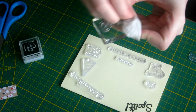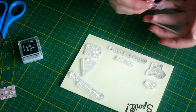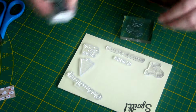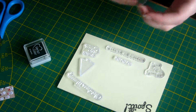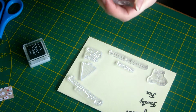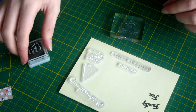And after every time again, just clean off the stamp, especially with black, and I've noticed reds stain stamps really easily, so just be sure of that. How do I want to have this? Maybe like that? Family fun. Just sticking it to my block and stamping it up again. And what I like about this set is also that it comes with a few different writings and stuff, so it's not all the same lettering, because that sometimes gets a bit boring. So I have the naughty or nice,